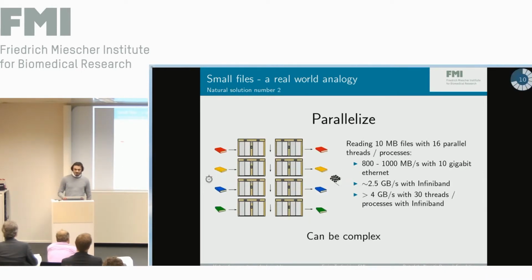Another natural solution to the problem is to parallelize your workload. So instead of bringing down one book at a time, you can bring many, or you can have more people doing the work, which is even more similar to how a computer works, right? Again, as a comparison with the 10 megabyte files, with 16 parallel processes we can again saturate the link of a 10 gigabit Ethernet network. And with InfiniBand, we reach a speed of about 2.5 gigabytes per second. Further increasing the number of processes can bring it up again to the 4 gigabytes per second performance. However,